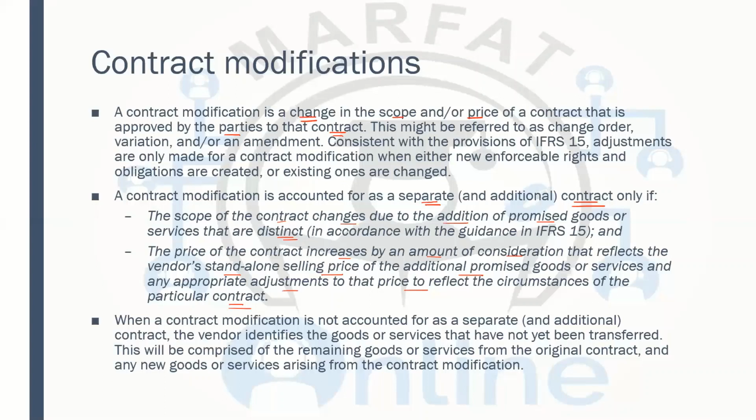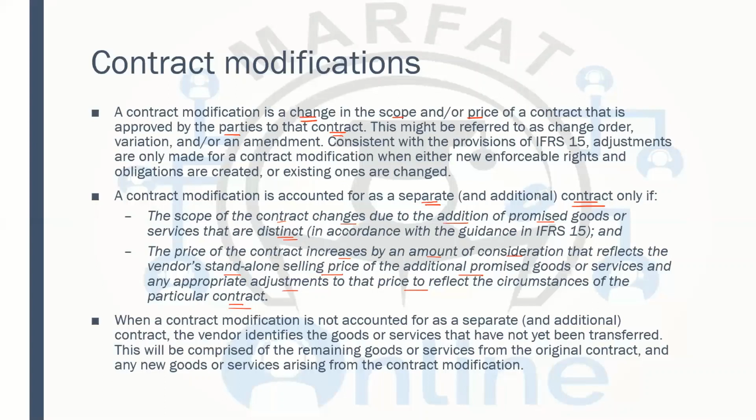So sometimes, obviously, you have to see whether that contract is making a few changes in the price or that is completely going to be a new contract based on the standalone prices. Like for example, the mouse and the keyboard. You buy yourself a mouse and you say, I want the keyboard as well. Now the keyboard is completely a different thing. It has a different price. So they will be applying a different price for it. That is a separate contract.